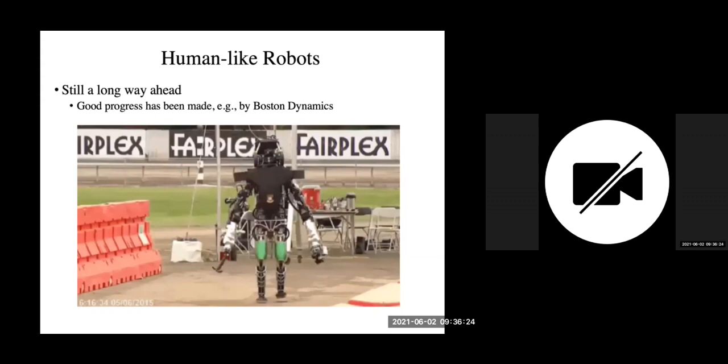When we drive a car, if we have trust in a robot, the robot has to act like us. So we call them human-like robots, because they perform like humans and we can trust them. They are still a long way from being able to develop or design a robot that can work